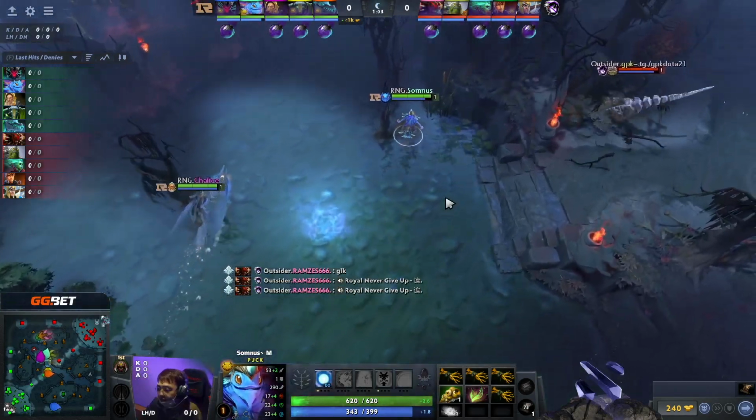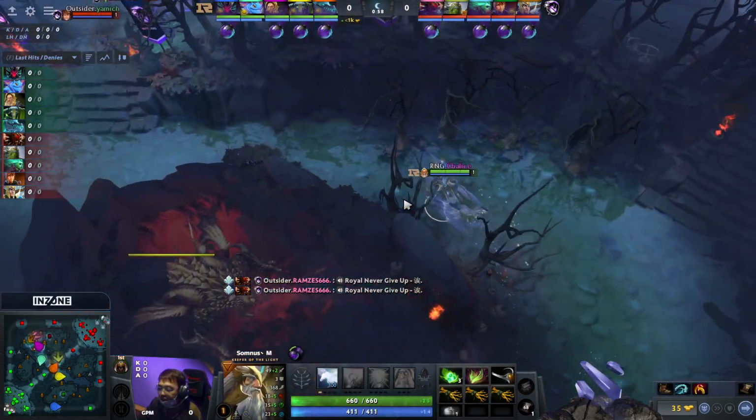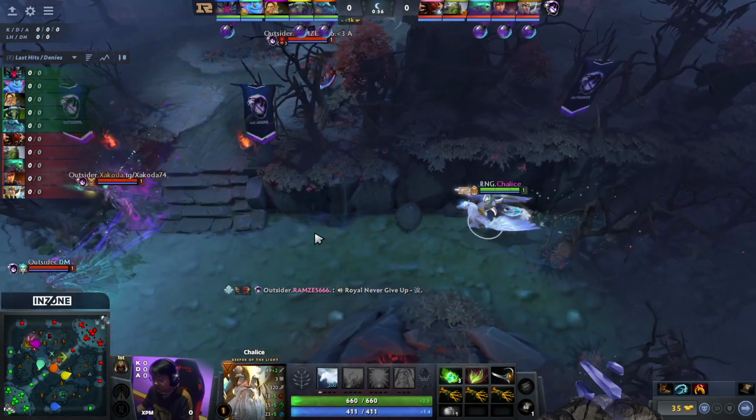I thought for the last pick, they should pick something that sort of gives them sustain. I was thinking LC because it's a bit easy to leave him alone. I think the call to pick sort of accomplishes the same thing. This hero, even if his lane...